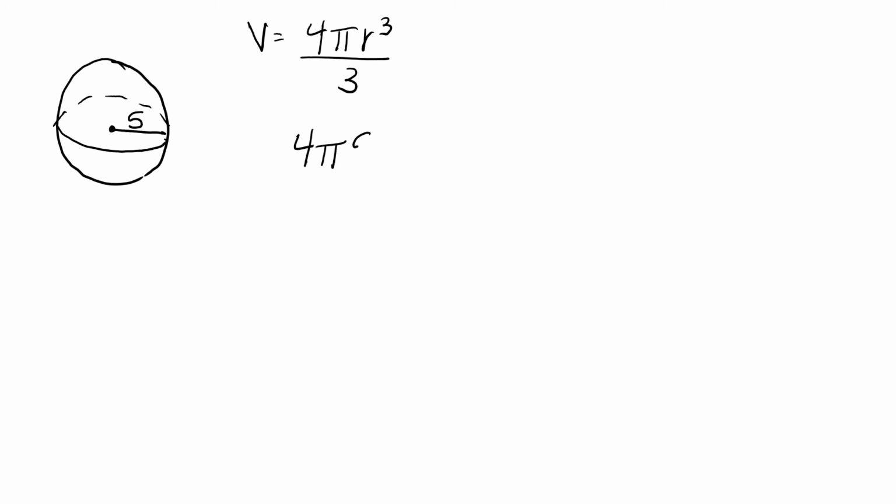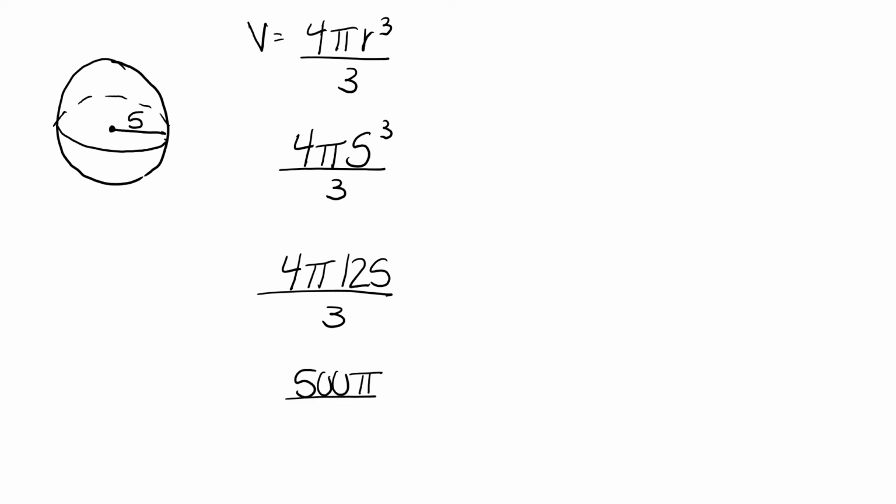For our last problem, we have a sphere. And our sphere has a diameter of 5. We use our formula, 4 pi r to the 3rd power divided by 3. We plug in our radius, which is 5. Solving the exponents first, 5 to the 3rd power is 125. We multiply that answer by 4 to get 500. We then divide by 3 to get